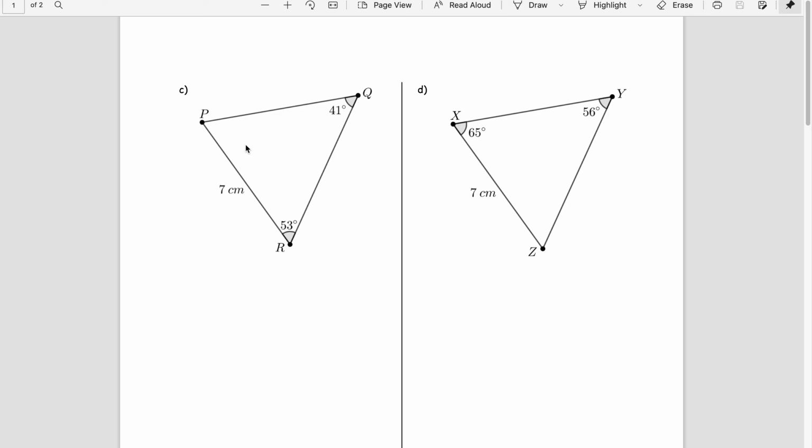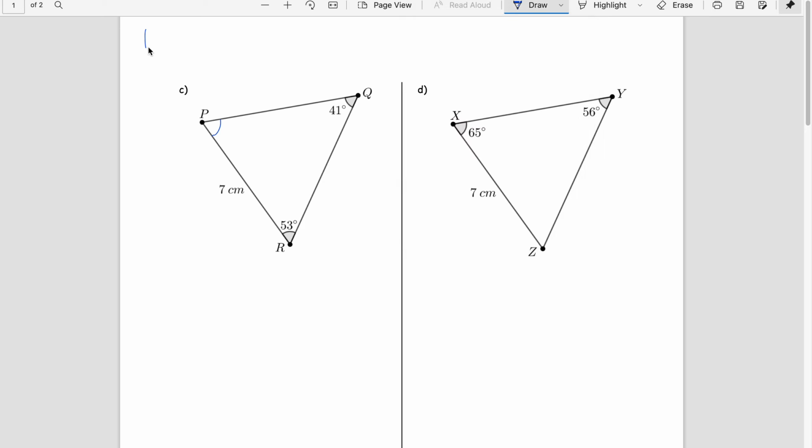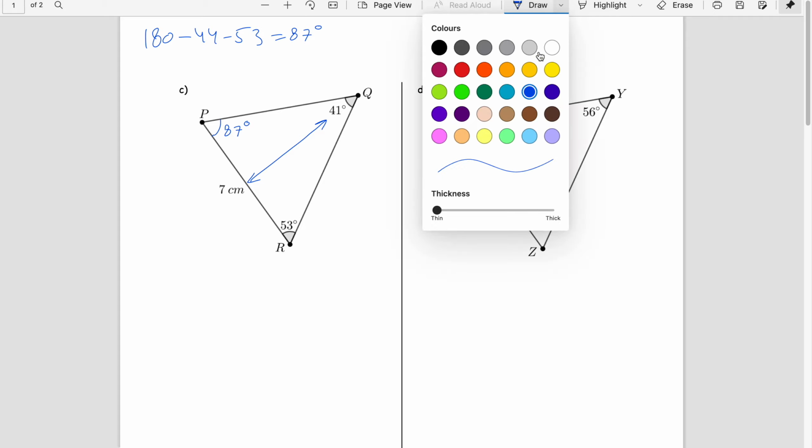So consider this first question and see that the triangle is P, Q and R. In this case, the demand of the question is to find the unknown angles and sides. So first, if I go for angle P, that is 180 minus 41 minus 53, and just use your calculator. 180 minus 41 minus 53 is 87 degrees. So now I know this angle. So I have a known pair which is 7 and 41, so you can start with any of the sides,